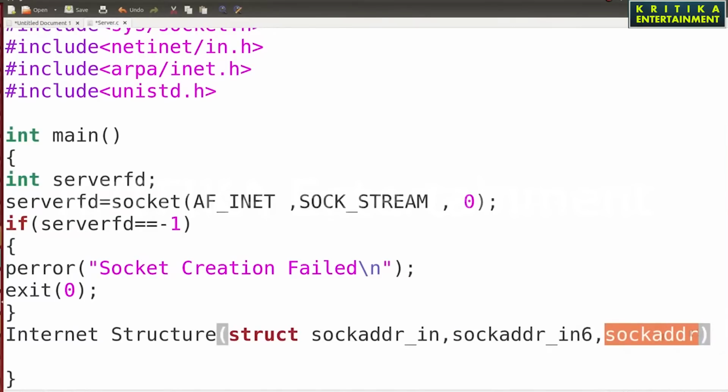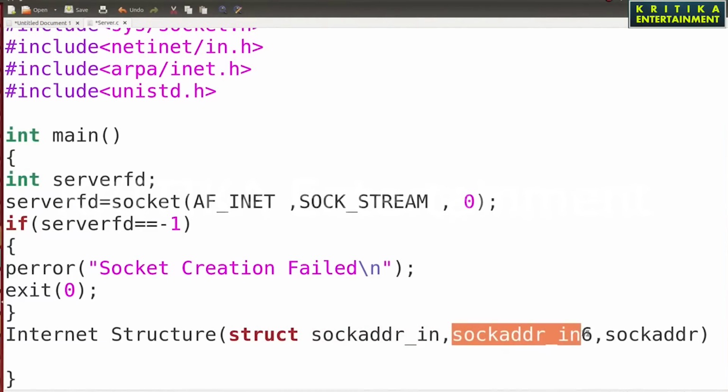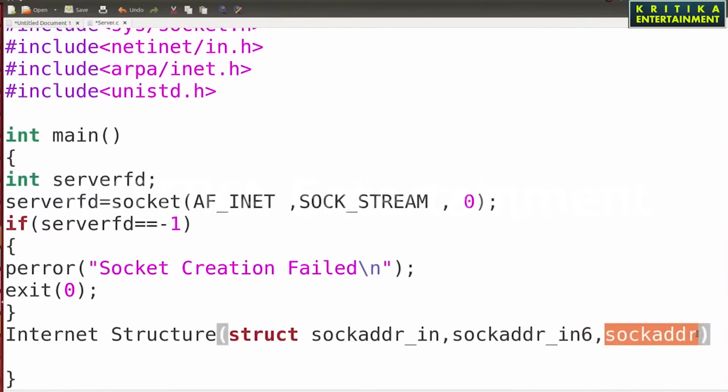If you don't know whether it is IPv4 or IPv6, declare this structure and it will be converted automatically to that type.